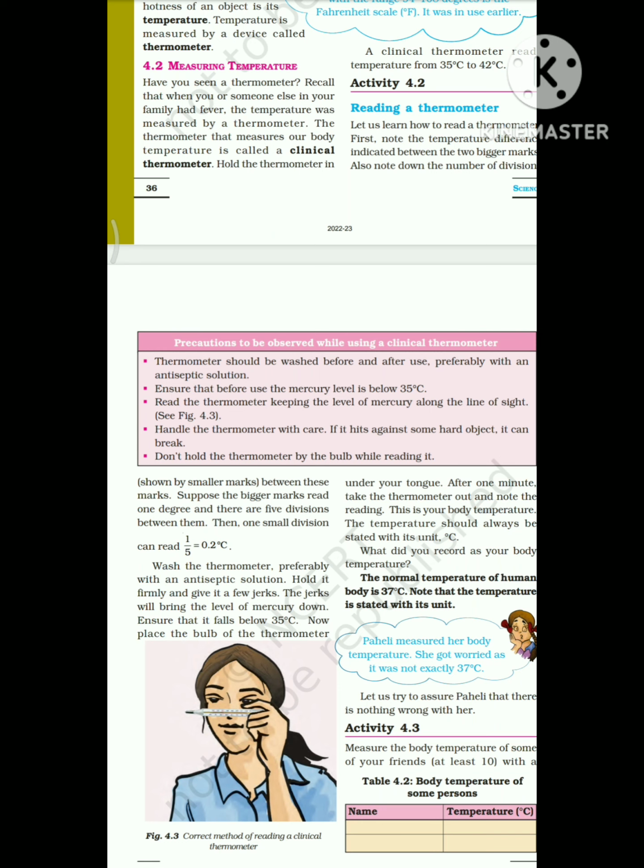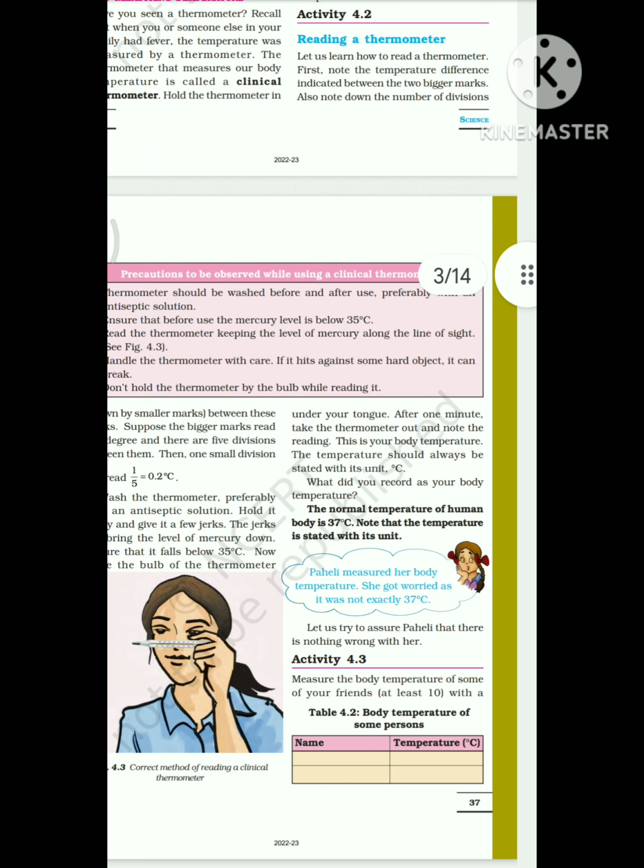Then the normal temperature of a human body is 37 degrees Celsius. Note that the temperature is stated with its unit. In degrees Celsius it is 37 degrees Celsius, but in the Fahrenheit scale it should be 98.6. And it is not compulsory that it would be exactly 37 degrees Celsius or exactly 98.6 Fahrenheit, because